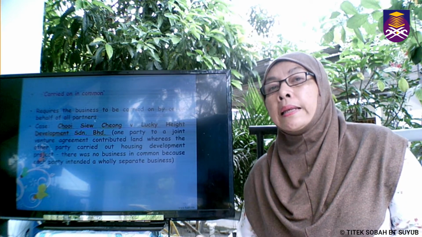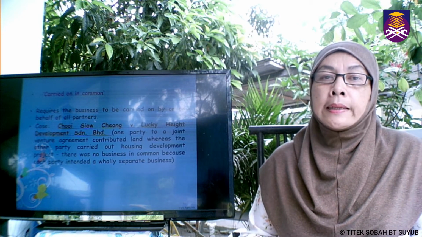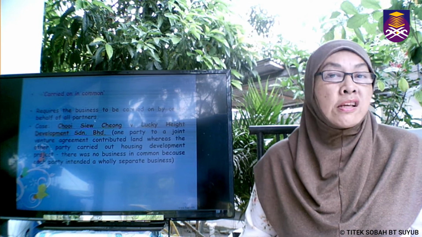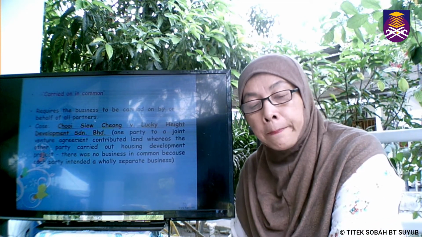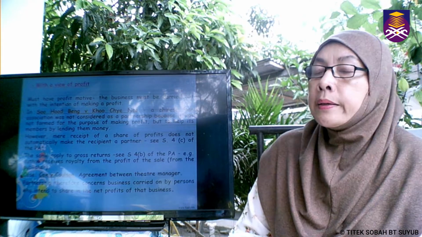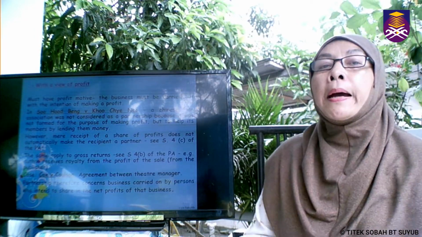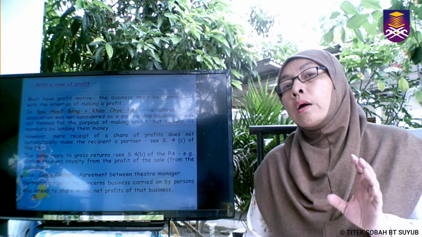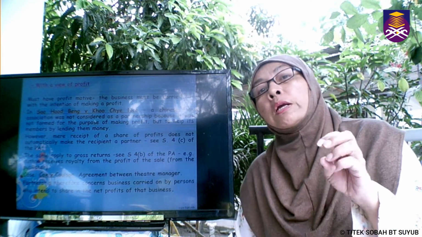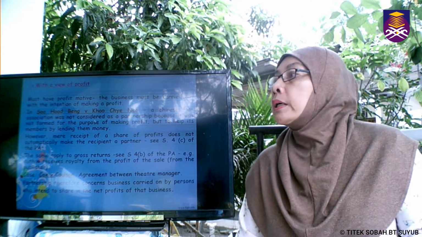He just provides his land, and of course from providing that land, he's going to receive certain benefit. That's all. Okay, and he doesn't want to become a partner in the firm. So that's why I said the intention is not the same. And then this is also one of the elements. Of course, the partners, when they get together, they do this business because they want to get profit. Then only we say that this is a partnership.